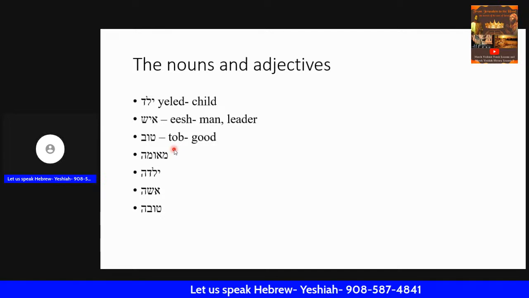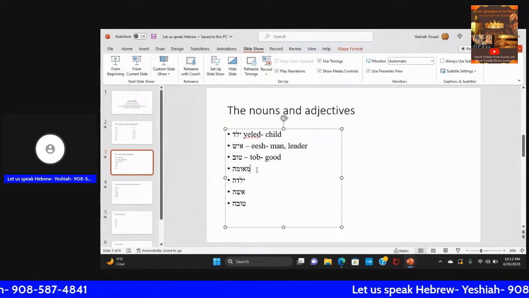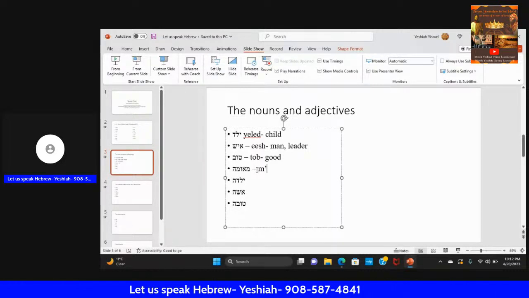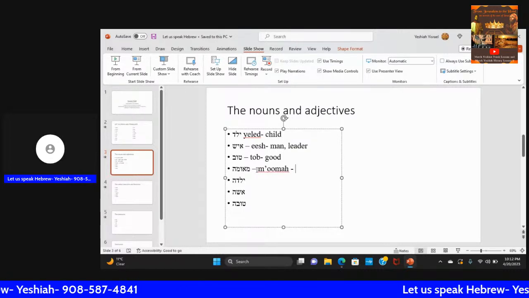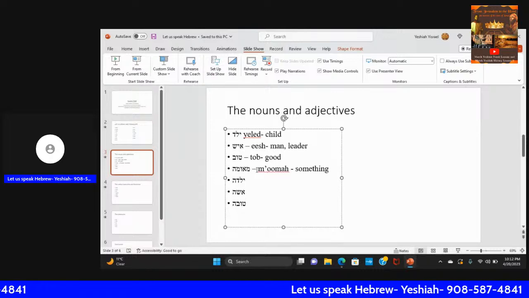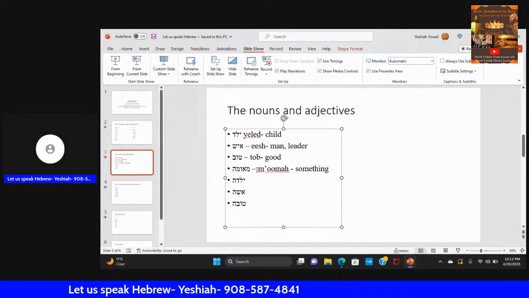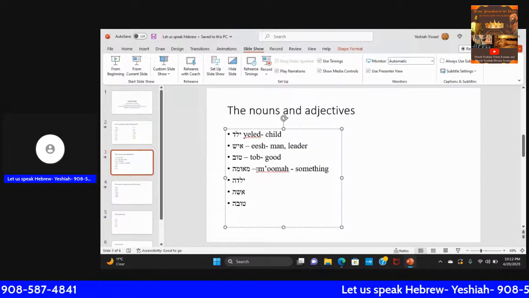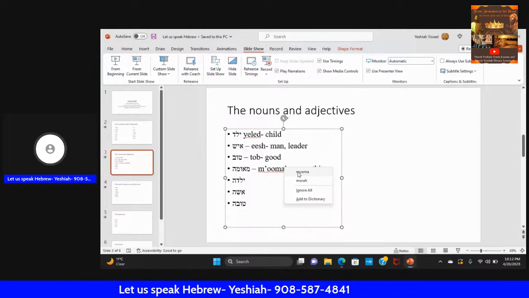Let's continue. We want to show again this in as much, quote, real time as possible. So let's look. You have here, brothers and sisters, the word me'uma. Right, this word means something. Doesn't matter if that something is masculine or feminine. It's still the word me'uma. All right, in that case. So we want to take this, add it to the dictionary. We'll take that. Do the same.